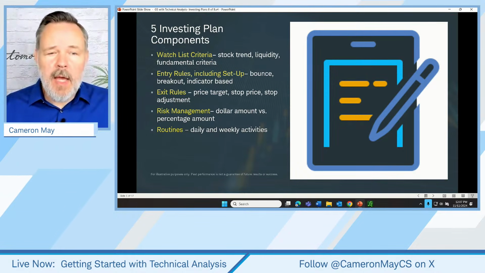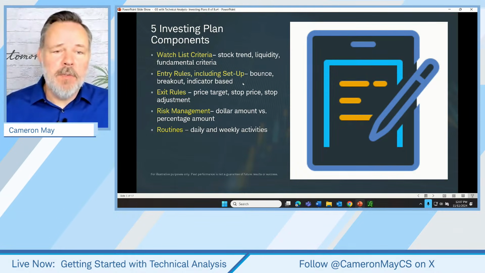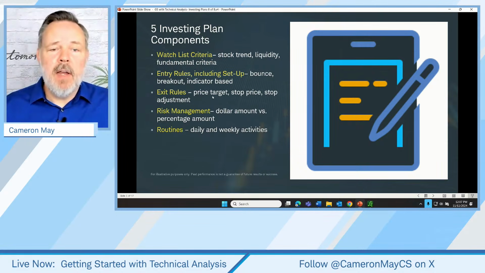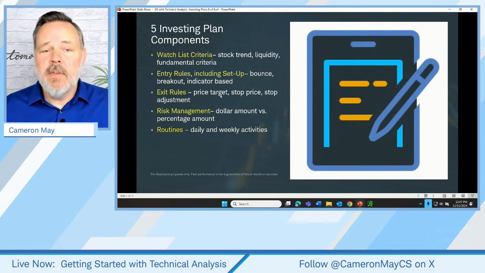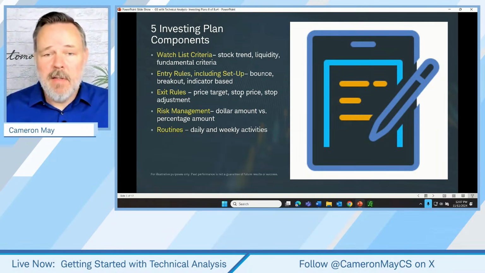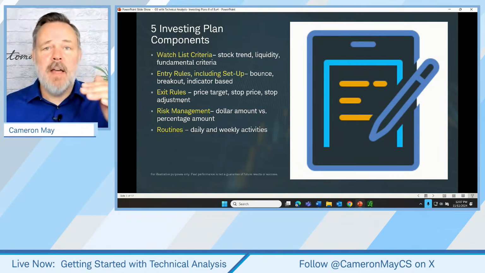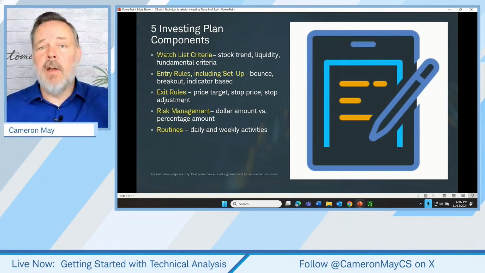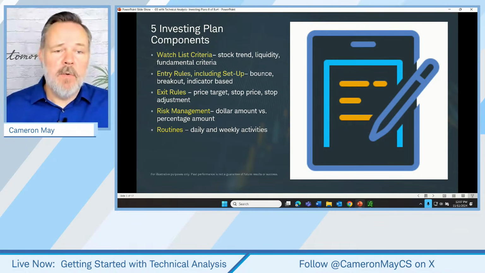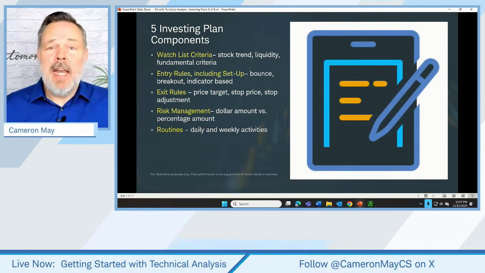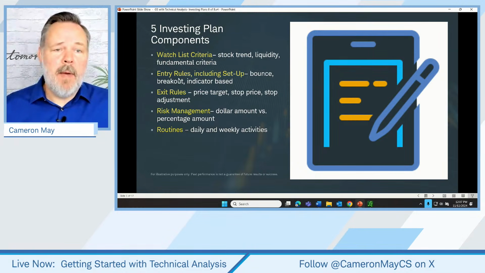So a few typical elements of exit rules might be what we call a price target, which is a plan for when to take profits, a stop, which is a plan for when to take losses, and when a trader might choose to adjust that stop if the trade is going well, but it hasn't gotten all the way to the target. So we'll talk about that in a little bit greater detail. Then we have our risk management rules. So we have what to buy, when to sell.